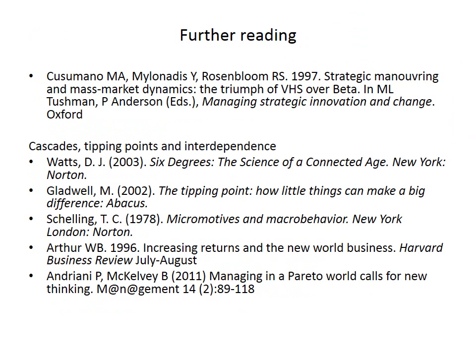In terms of reading, again, this stuff on cascades is very well explained in this book by Duncan Watts. I've already pointed out that book. It's the top book to understand cascades of information. Gladwell as well talks about similar points, but Gladwell ignores or doesn't pay enough attention to the difference between social and biological contagion models. The other articles or books are also interesting.